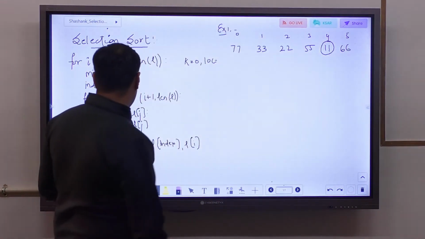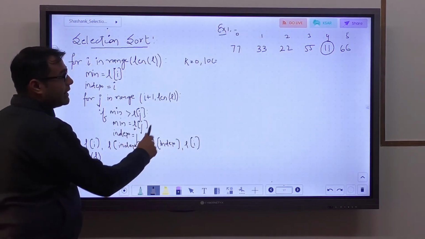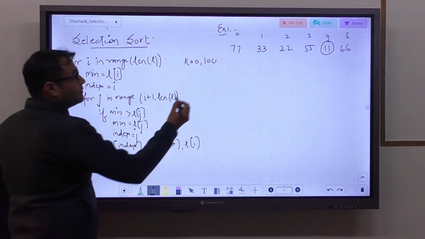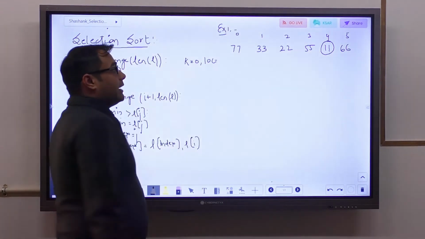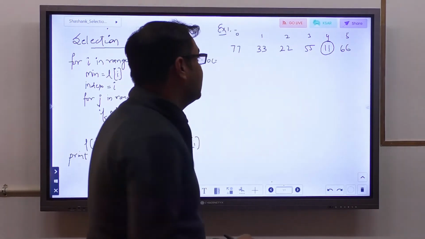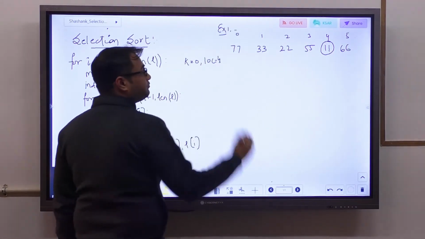So we take the smallest element, minimum is equal to L of J. L of J is 11, index is 4, and we will swap the elements 77 and 11. LOC will get the value where we have found our smallest element, which is index number 4.